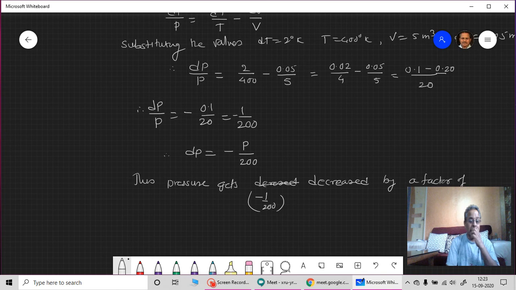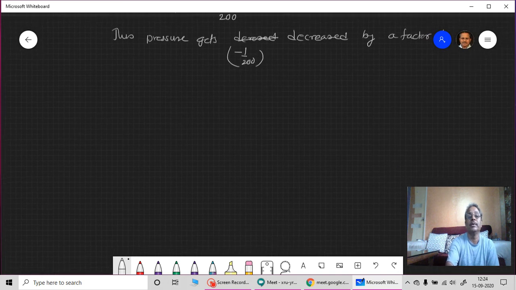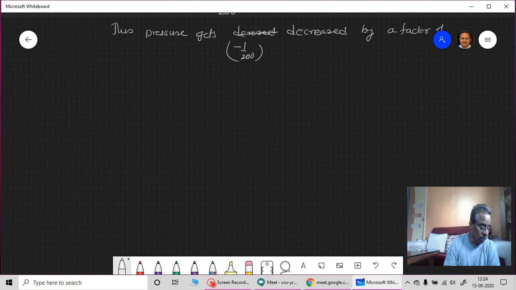This much is the decrease in the pressure, and that's how this change can be calculated by the simple example as given in this example number 9. There are several other examples of the same or similar type. We can go through those later in the problem solving session. Now let's go for example 10,